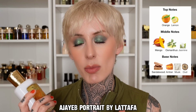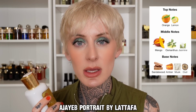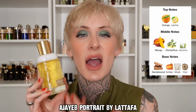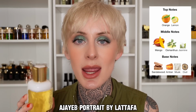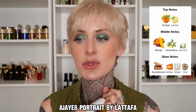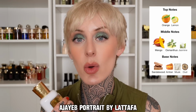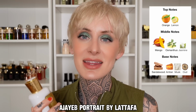So it's a mango, but it comes off floral and a little bit milky and woody, so it would still do really nice for springtime. And this, I feel like nobody talks about this, and this is stunning. And once again, this is one of those ones that's not going to be a monster projector, but it is still going to last a long time, which is good because not everyone wants a fragrance that is going to